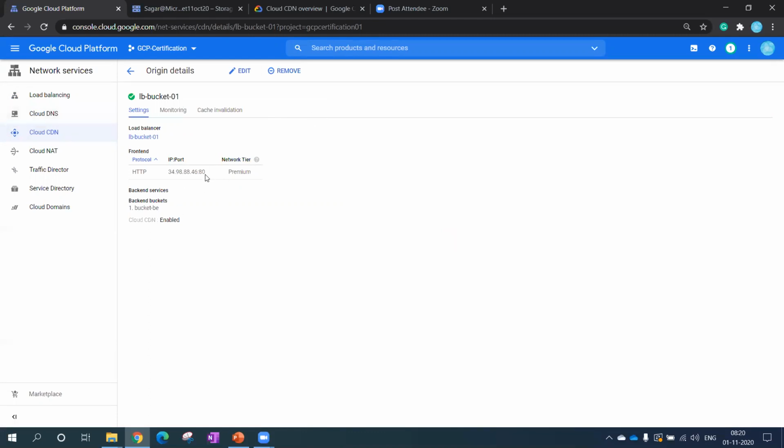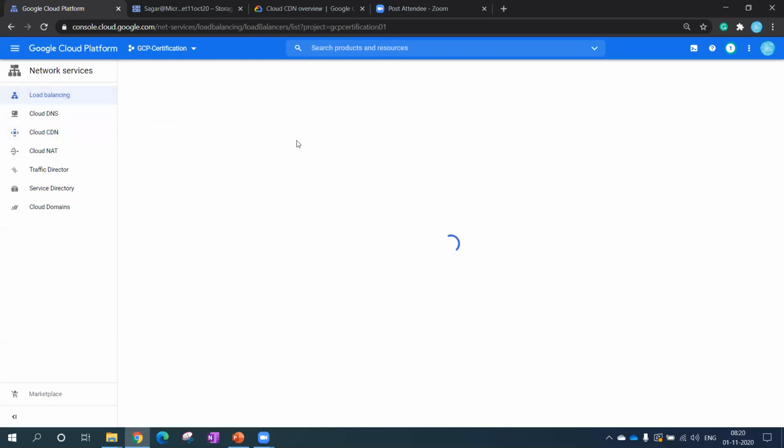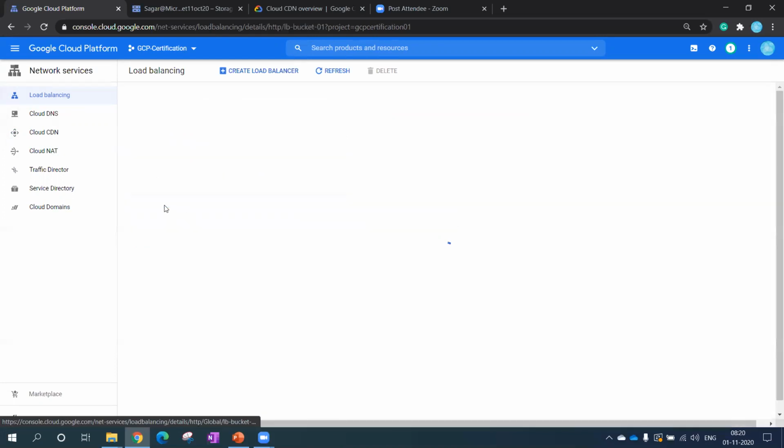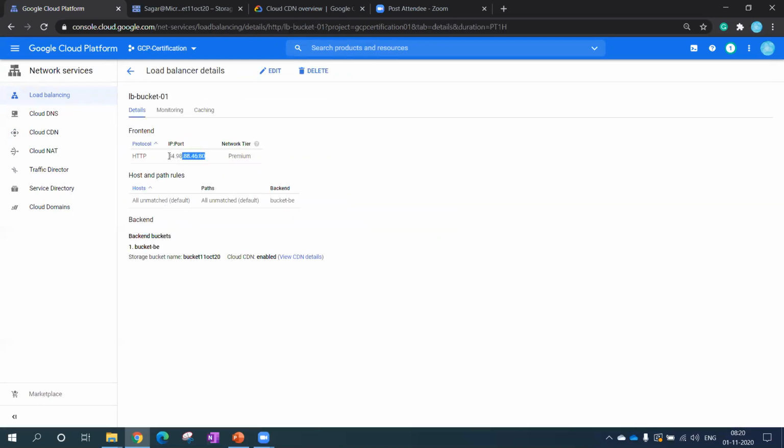The next step is that I have to take the IP address, and I will see whether I can access that or not. So IP bucket 01, take the IP from here.